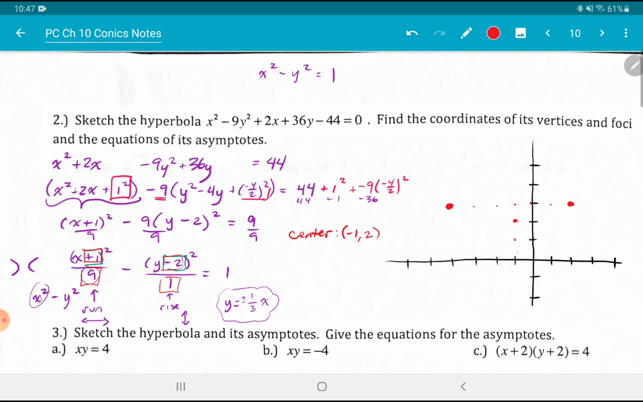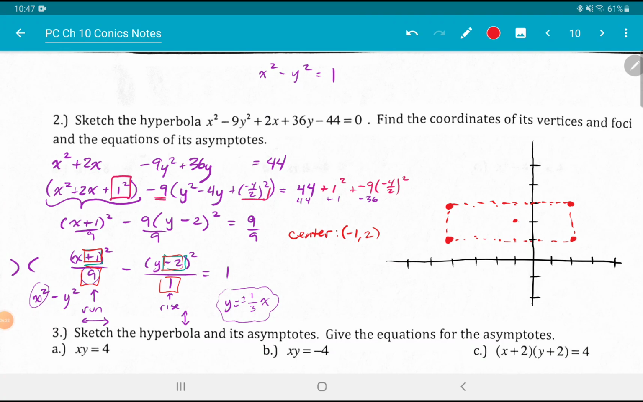I can go down 1 and then over 1, 2, 3. There is another corner, and down 1 and 1, 2, 3. So these 4 corners represent the border of your rectangle. Okay? Now that you have the rectangle in place, you can now go ahead and construct the